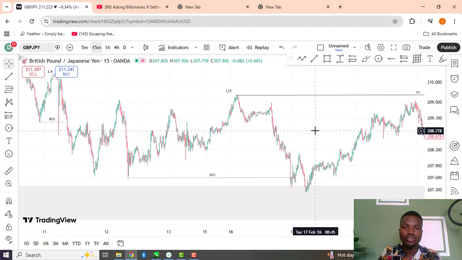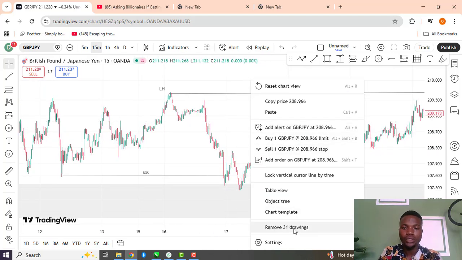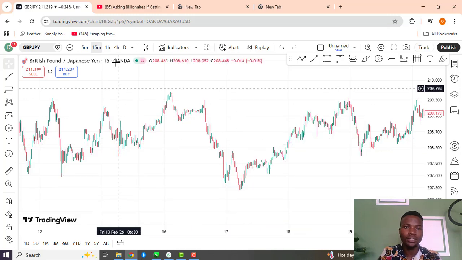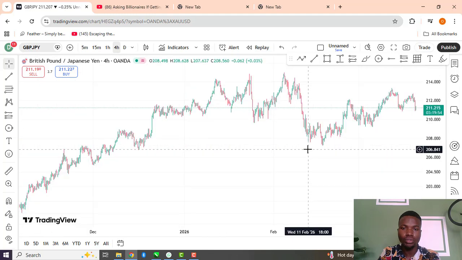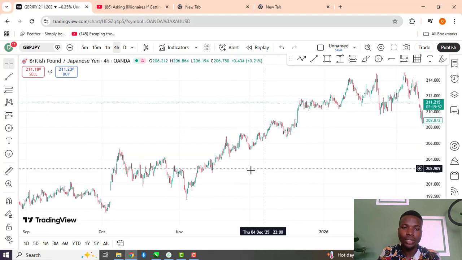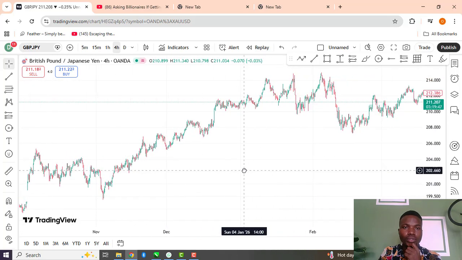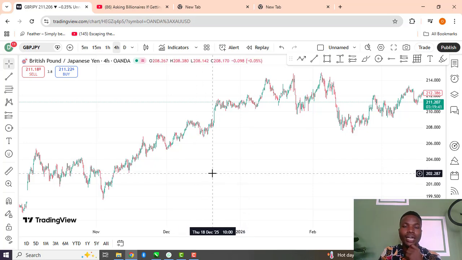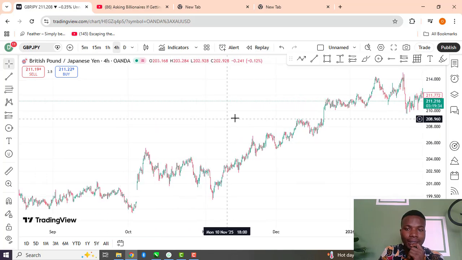So let us begin to backtest our trading strategy. I'm just going to remove all the drawings that I have on this chart. Then from there, we are going to use uptrend and downtrend. So this is how you can actually backtest your trading strategy without even subscribing to Tradingview. So right now,